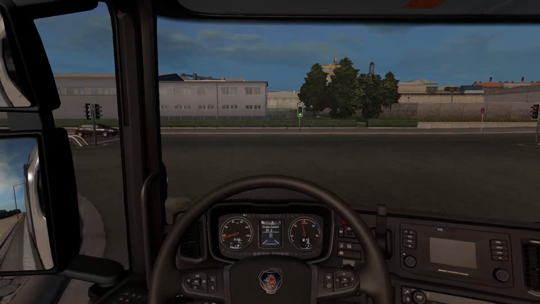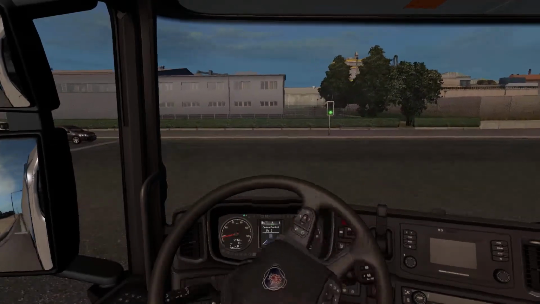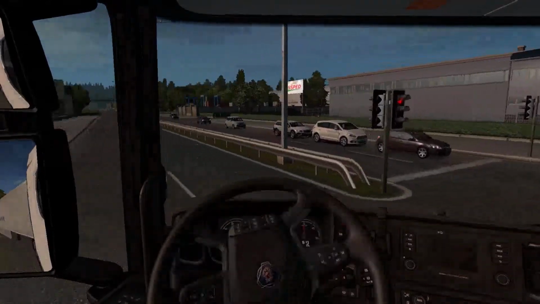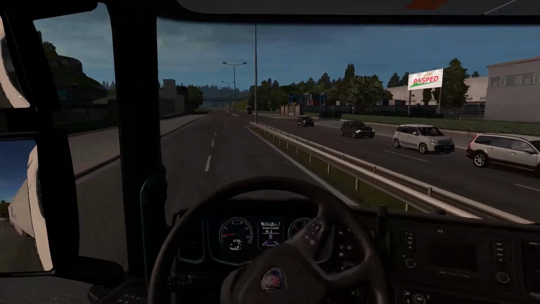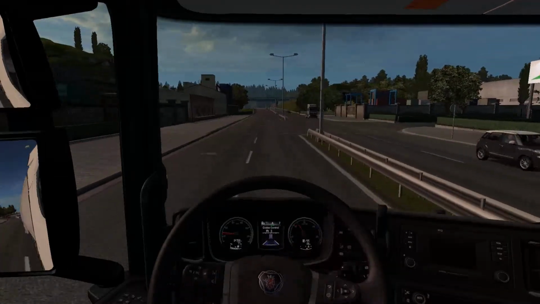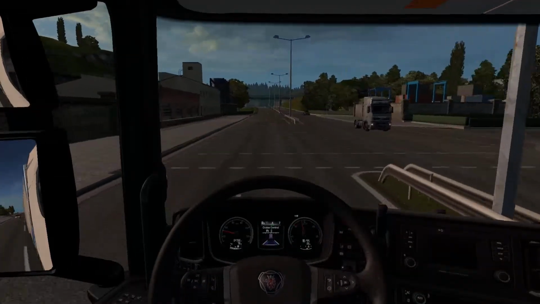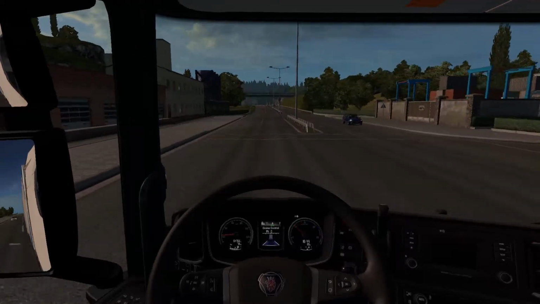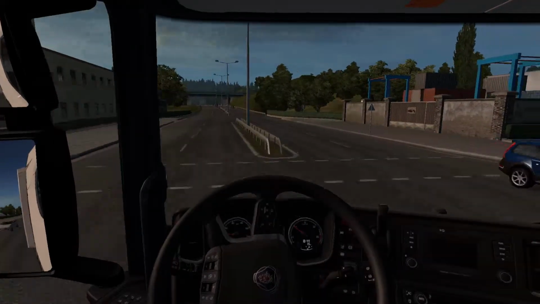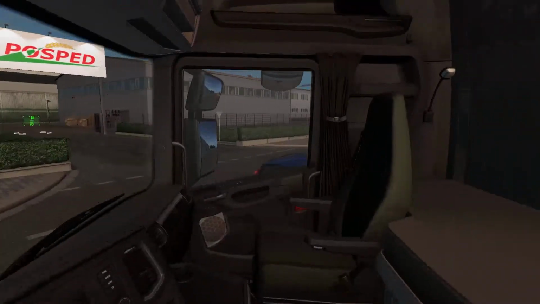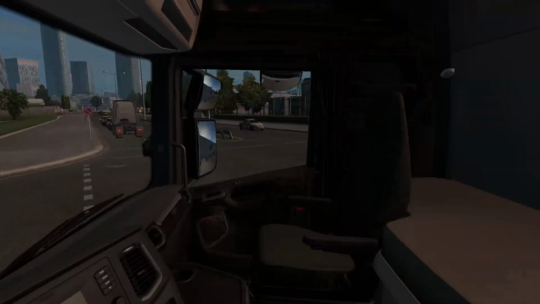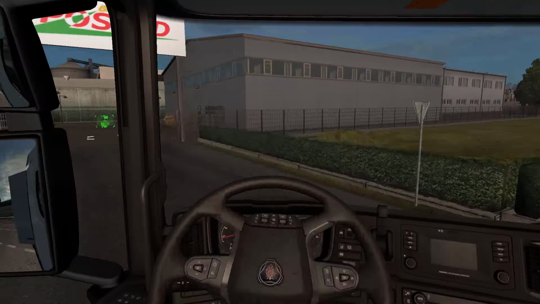And off we go. So we just turn this corner and then turn another corner up here, and then we are back at Polsped, which is where we left with the last load I had. So here we are back at Polsped, whatever it's called. Oh my, what is that guy doing blocking a box like that? What's he doing? Crazy AI.